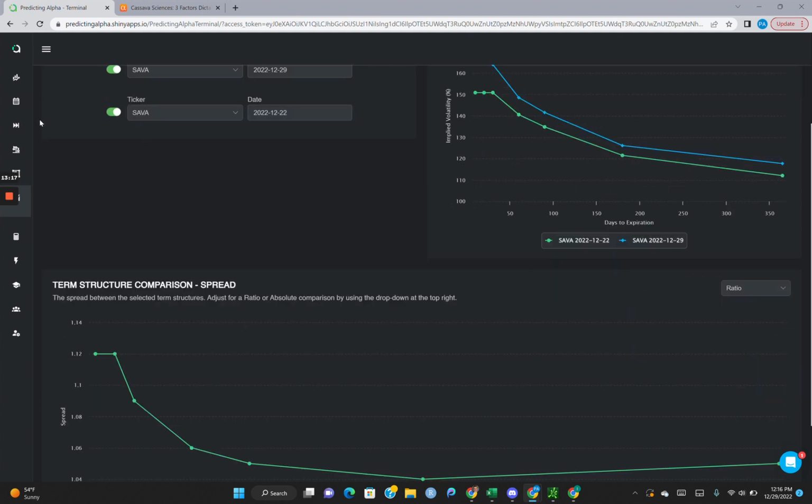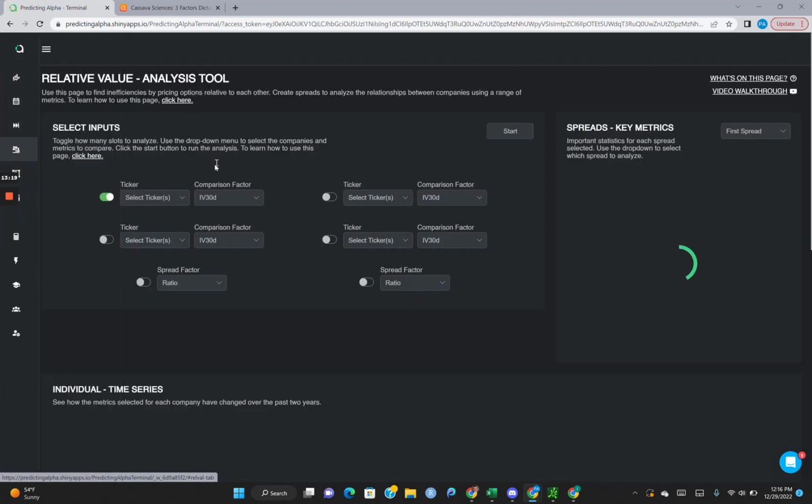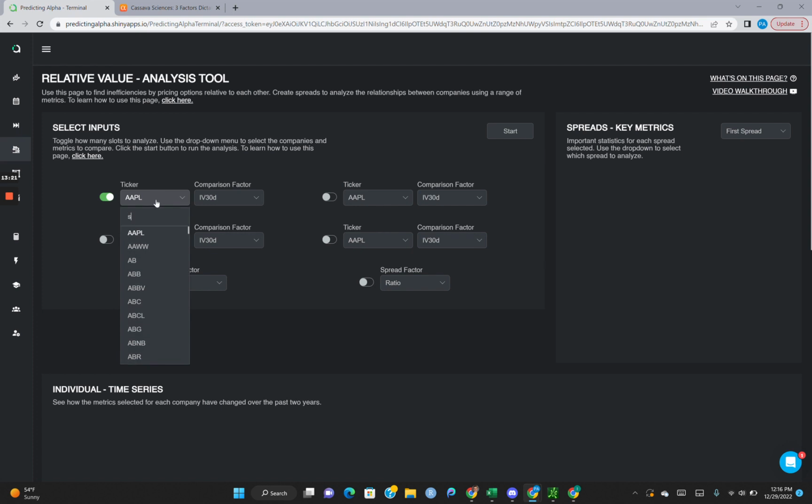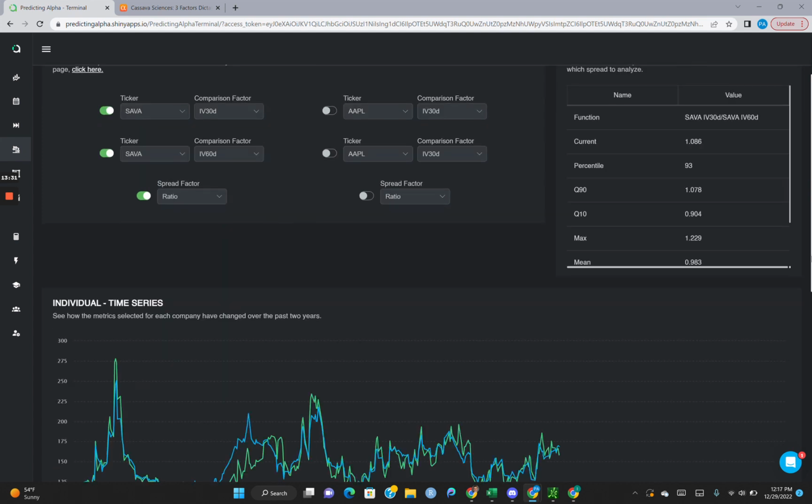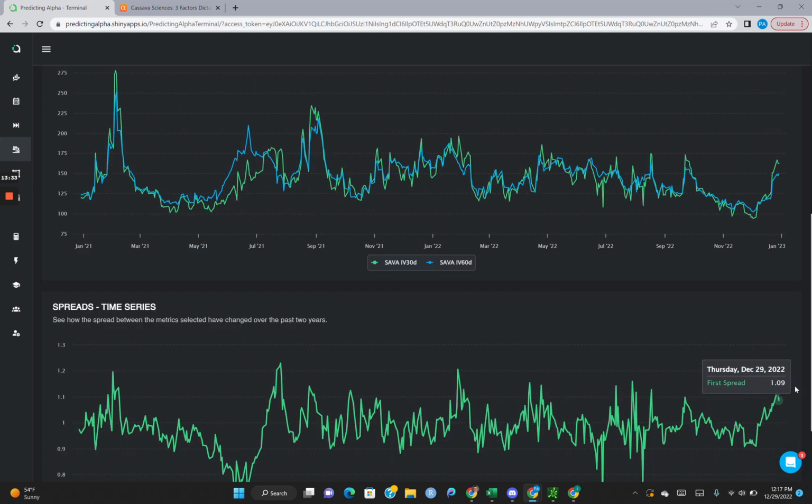Now, the last thing that we can do is validate this. We can go here on SAVA Sciences and actually see, is this level expensive? I mean, we kind of already have that gist, but is this expensive relative to what it usually is, right? It's the last thing that I want to touch on. As we can see, it most certainly is. It's the 30 divided by the 60.